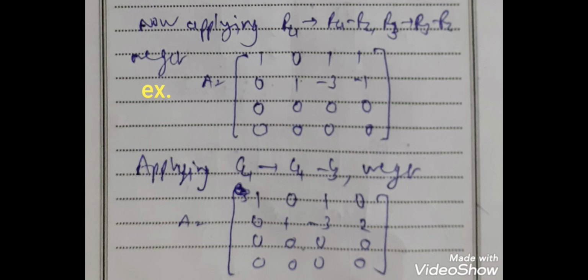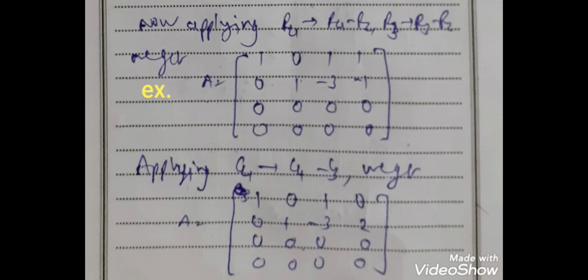Now we have to find the rank of this matrix by normal form, so we can apply the elementary operations on column also. So here we take C4 minus C3, then we get the change in C4 because C4 and C3 have the same elements, that is 1. So here third column multiplied by -1 and added to fourth column, then there will be a change in the fourth column. So here first entry of fourth column is 0. Now -3 is multiplied by -1, then it will be 3 and added into -1, then we get 2 as the second element of fourth column. Others are same, means other entries are 0.